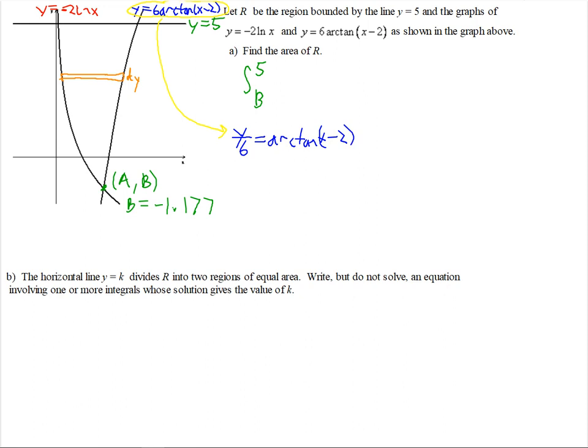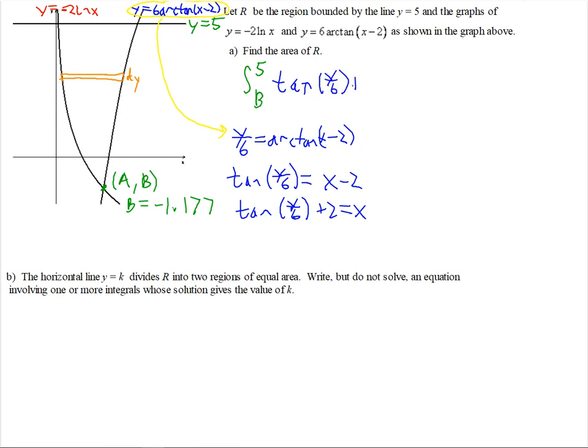Then to get rid of arctangent, you would have to use its inverse, which is tangent. So you would take the tangent of both sides. So we'd have the tangent of y over 6 equals, when you take the tangent of arctangent, the inverse functions cancel out, so you're just left with what's inside there, x minus 2. And then just add the 2 to that. So you'd have tangent of y over 6, and then plus 2. So that's the one that's going to go first in our integral. That's the one to the right, because the one to the right has a bigger x coordinate. And then minus,